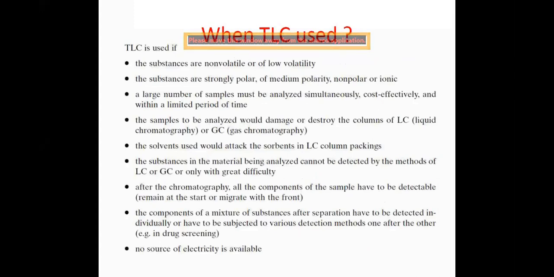This technique is also useful for fluorescent substances. If you want to see the sample on the stationary phase, if you are performing paper chromatography, it is very difficult to see the fluorescence of the substance on the paper. But if we conduct the same analysis with the help of TLC, then over the layer of adsorbents, we can observe the fluorescence phenomena, or the fluorescent substances, very easily under the UV cabinet, UV chamber. So many advantages.